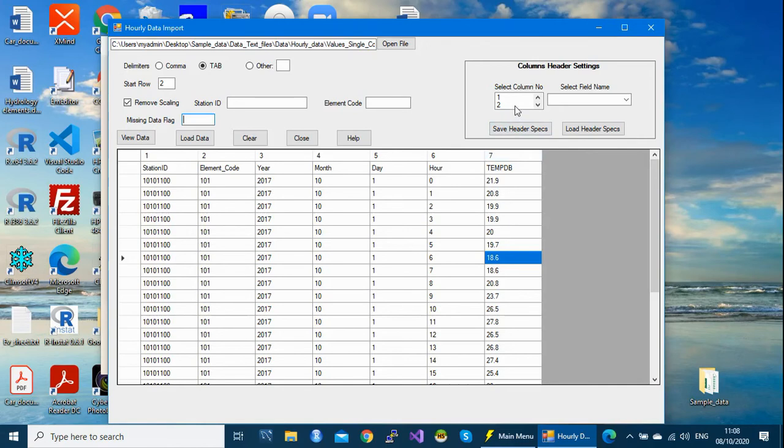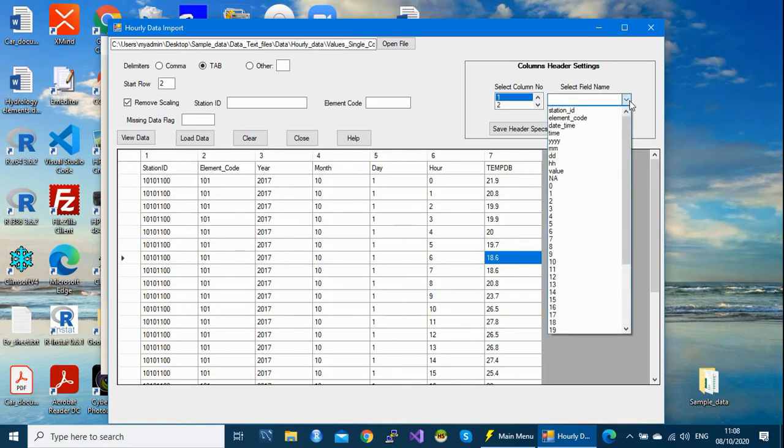So under column 1, we need to instruct CleanSoft which field corresponds to this column. As you see, this is the station ID. So column 1, we are going to match with the station ID.